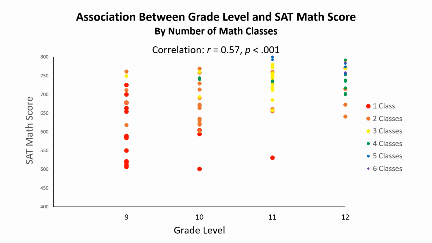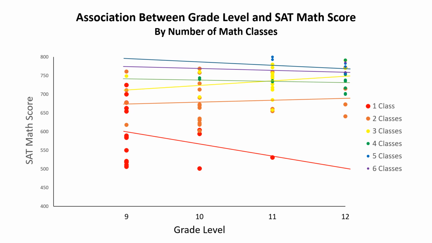So one way that we can think about the association between grade level and SAT math scores is the first approach that we took. Remember that our correlation between grade level and SAT math scores was a moderate positive, significant correlation of 0.57. But in the case of these high school students, this correlation might be misleading because we know that the grade that they're in